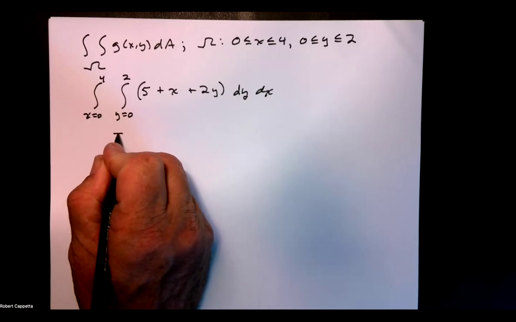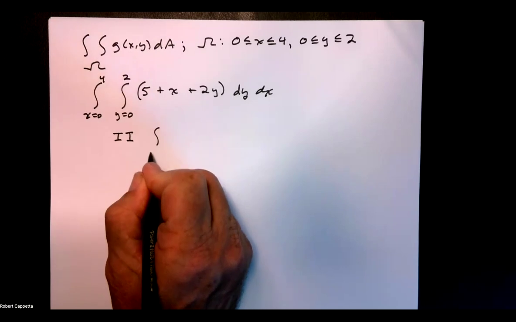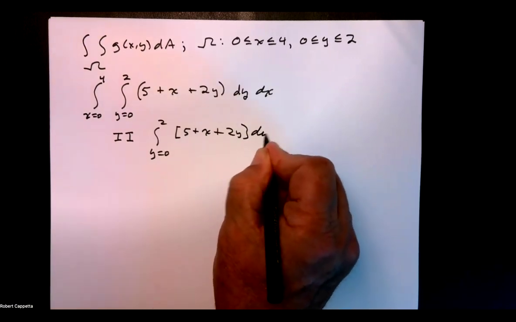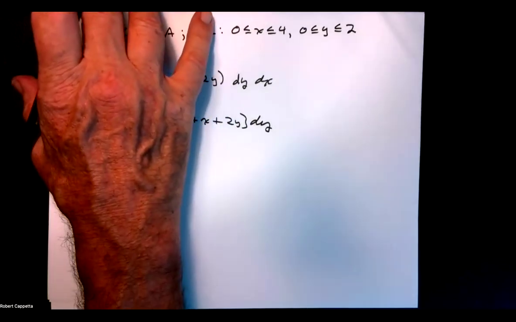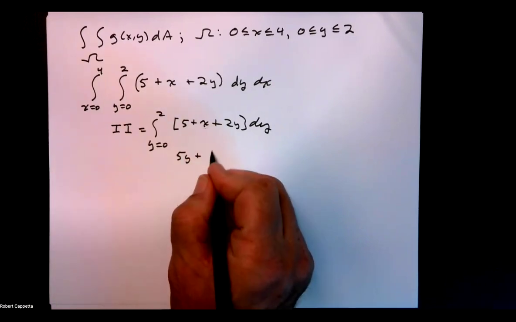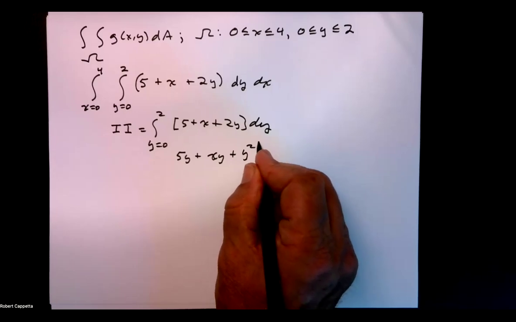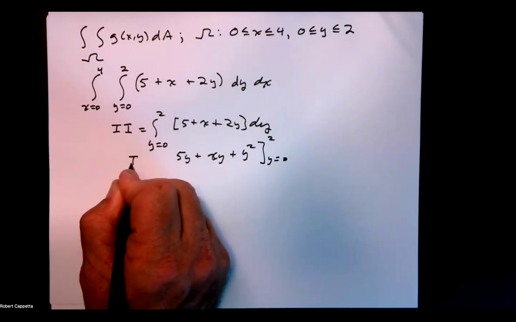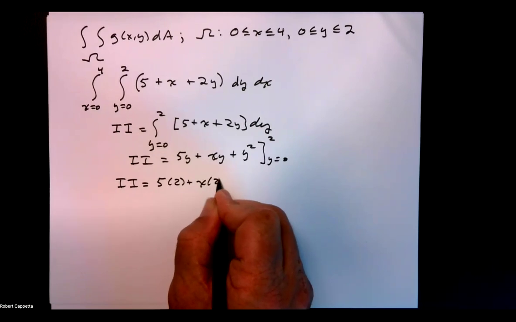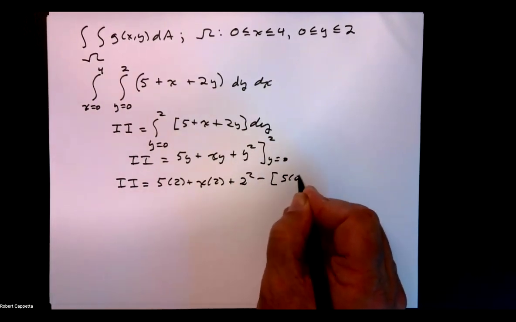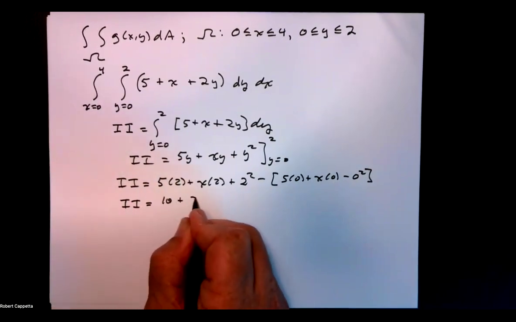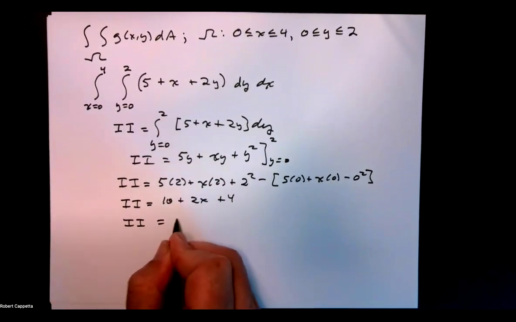We start with the inner integral. So the inner integral is the integral as y goes from 0 to 2 of 5 plus x plus 2y dy. And then using the fundamental theorem of calculus, thinking of y as the variable, that would give us 5y, plus, if x is perceived as a constant, the integral would be xy. The integral of 2y would be y squared, as y ranges from 0 to 2. This, again, is my inner integral. So plugging in 2: 5 times 2 plus x times 2 plus 2 squared, minus 5 times 0 plus x times 0 minus 0 squared. And then my inner integral is 10 plus 2x plus 4, so my inner integral is 14 plus